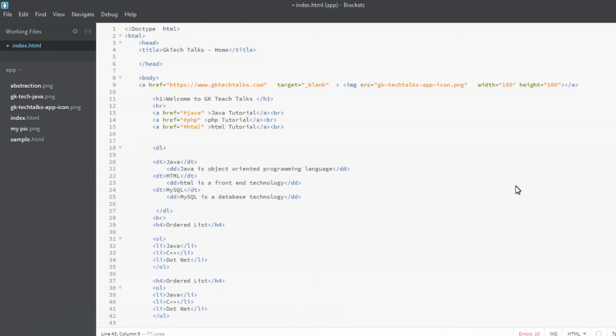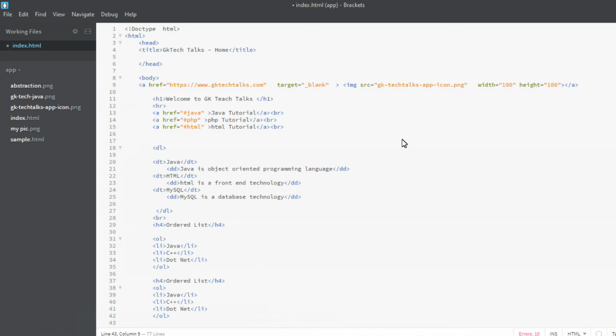In this series we cover each and every tag and how it works, and once we complete all the basic tags in HTML5, we will look into what CSS is and how to apply it in upcoming videos.